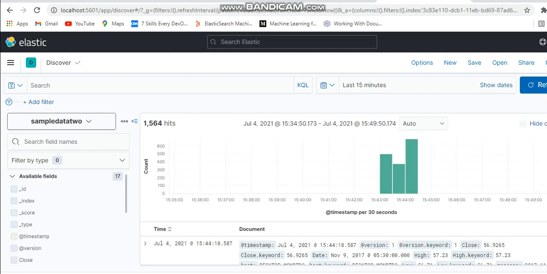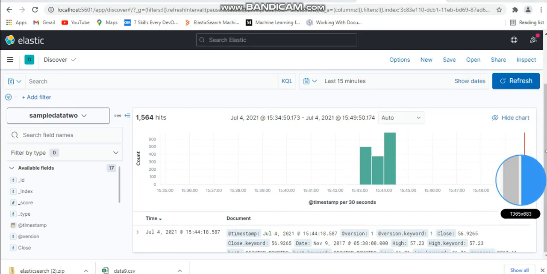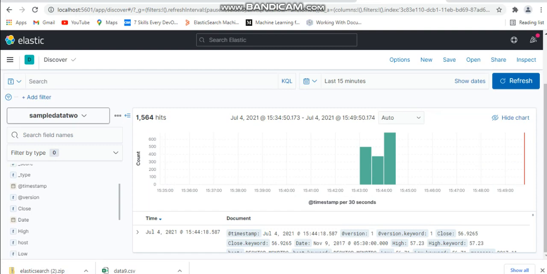So now here we can view the data from the Excel in Elasticsearch using the Kibana dashboard. We can view all that data: close, high, host, low, message, everything we can view here.